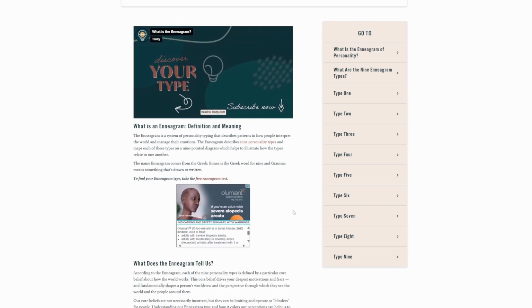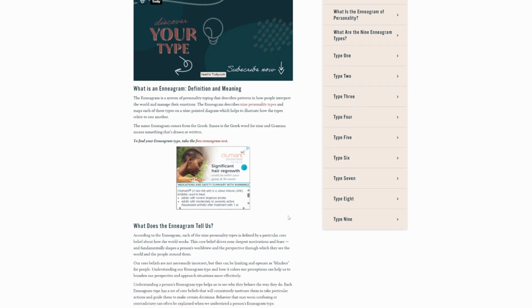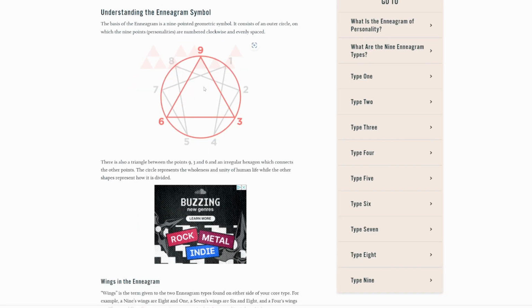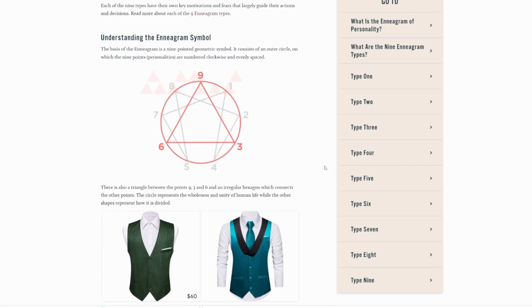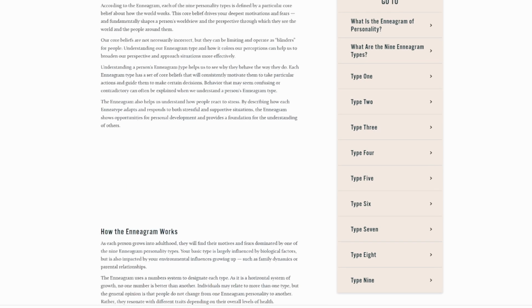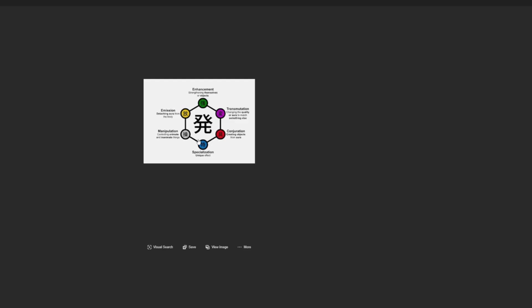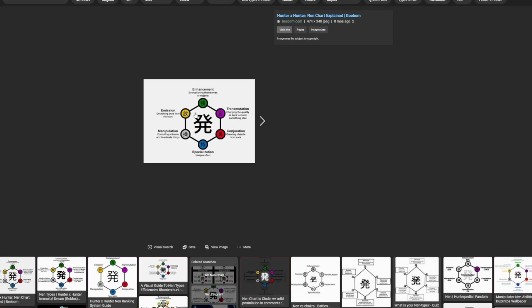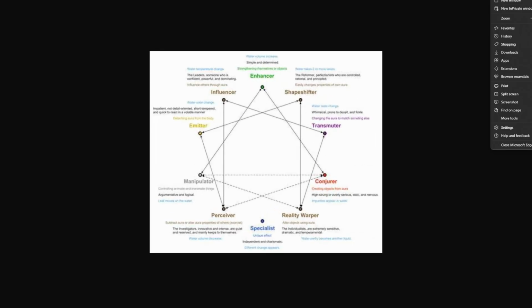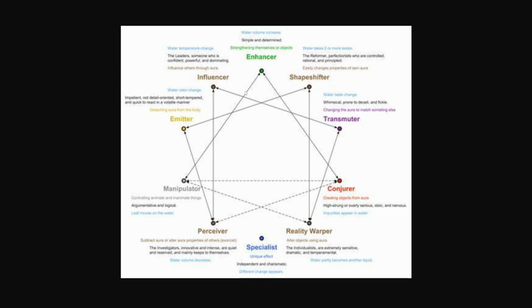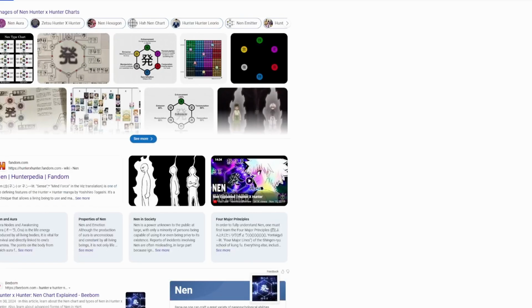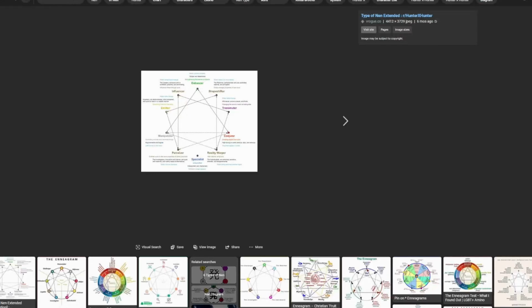Okay, so I already took the test. So then the symbol, pentagram looking thing. Oh, you know what this reminds me of? It reminds me of Nen from Hunter x Hunter. It's kind of like this, although this is 6 and Enneagram is 9. So it's not the, what was it again? Head, body, heart, I think. Yeah, like this. I can barely even read that. Yeah, I think that's 9. Oh well, technically 10 because specialist. Okay, anyway, I don't know. Maybe the writer for Hunter x Hunter got that idea from it.